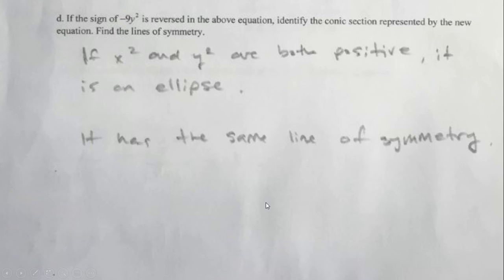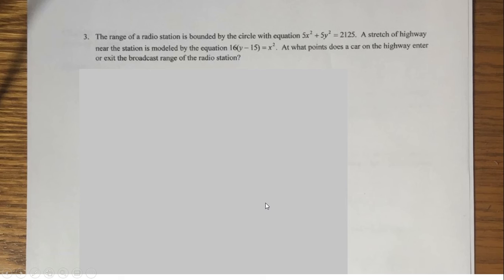And we would have the same lines of symmetry. All right, last one here. The range of a radio station is bounded by the circle with the equation 5x squared plus 5y squared equals 2,125. A stretch of highway near the station is modeled by the equation 16 times y minus 15 equals x squared. At what points does a car on the highway enter or exit the broadcast range of